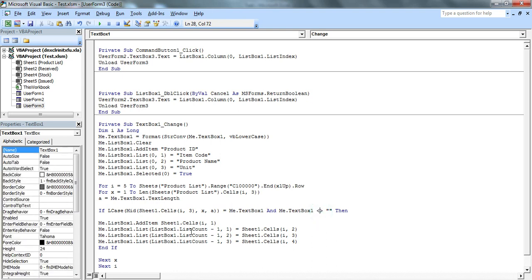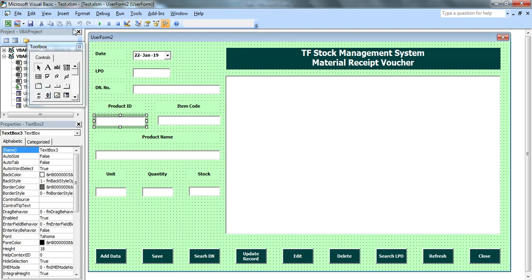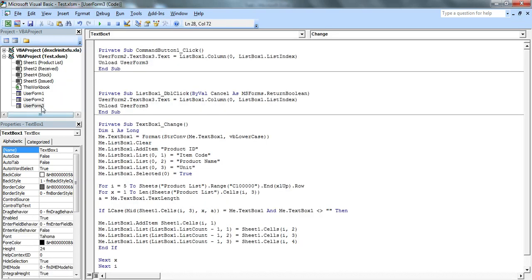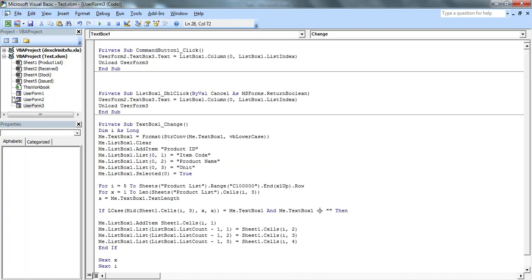Okay, so after this, another thing we want: when we select any product from this list, okay, and then click this, this form should close and the value should go to user form number 2.